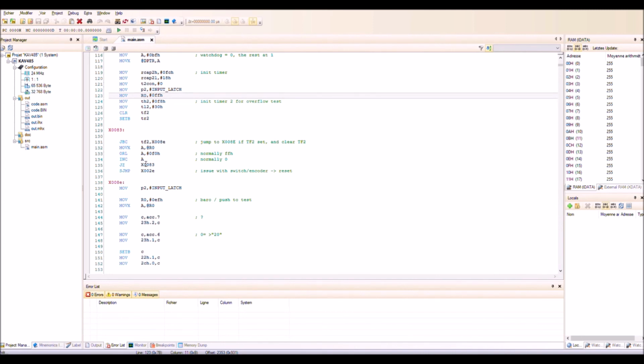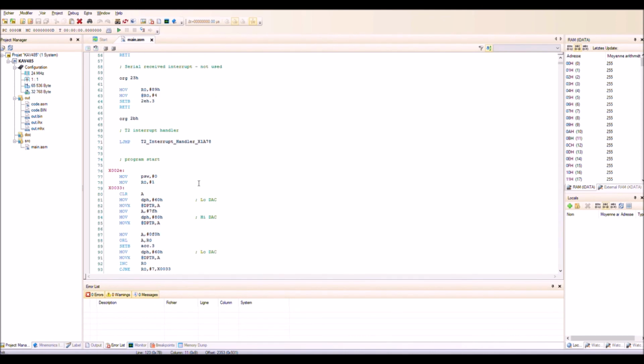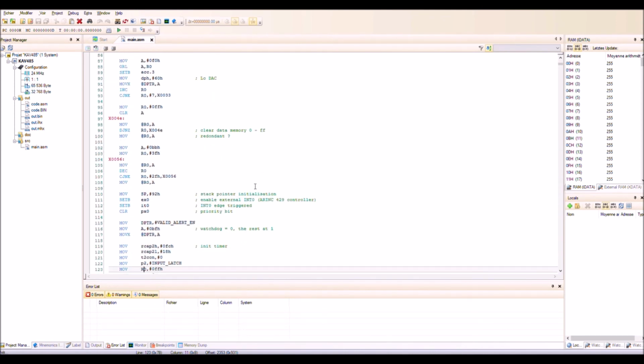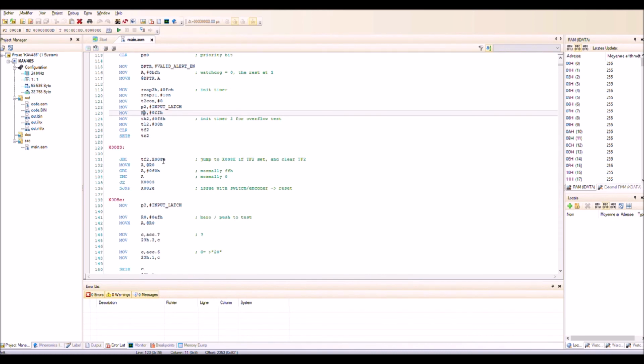This is the normal case, and in this case, there will be a jump to this address to continue the code. Otherwise, if it is not 0, then there will be a jump to the start of the code, which is a reset actually. It is here, so the program will restart. So this permits to detect, I think, a failure in the switch, in the rotary switch, or in the push buttons. And there is also a timeout. So this permits to set the timeout.